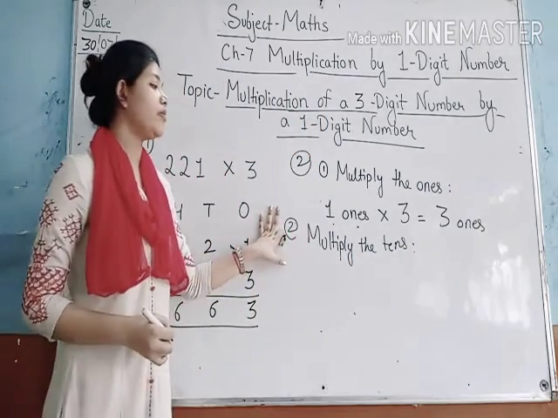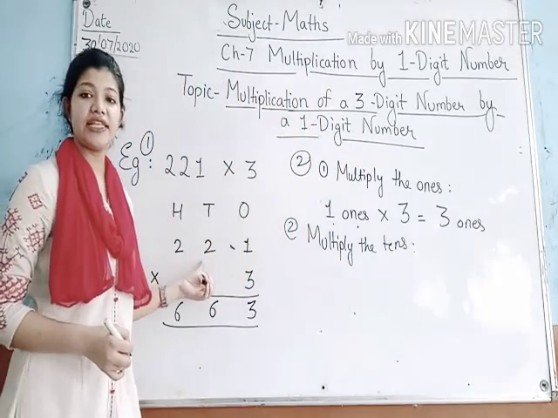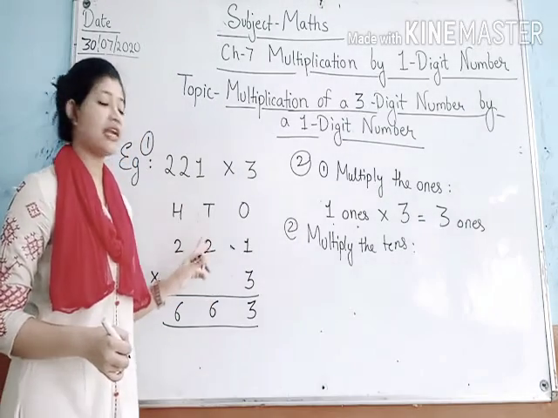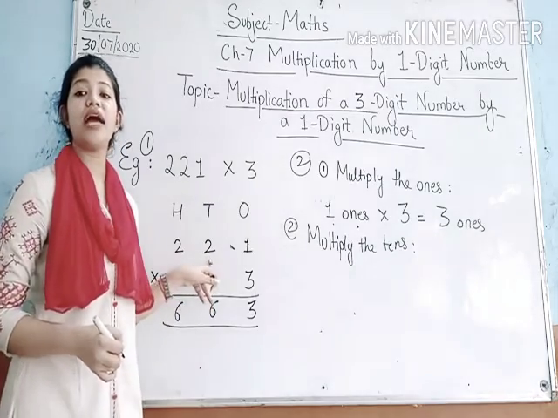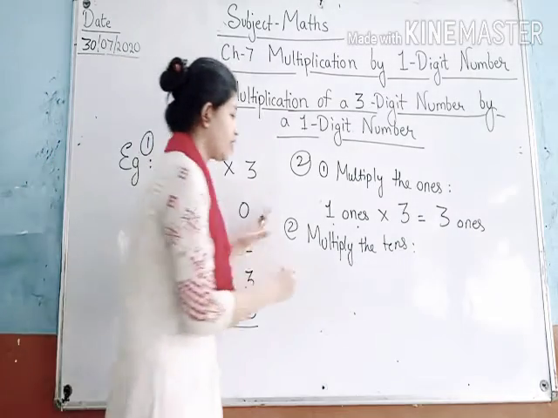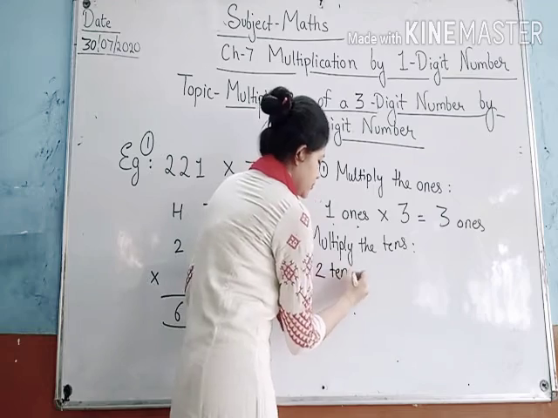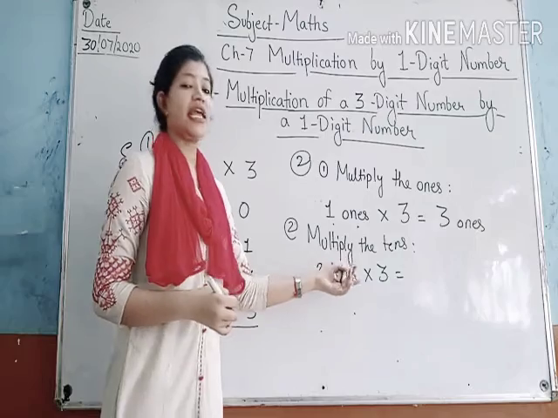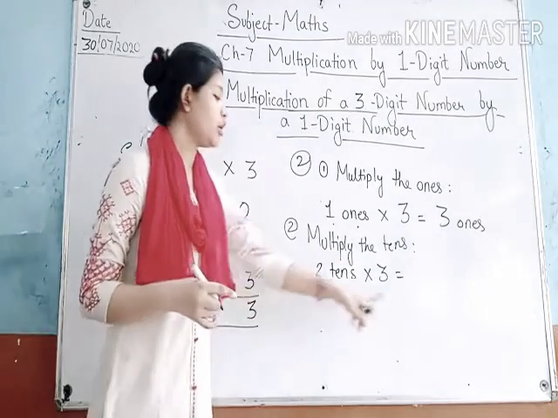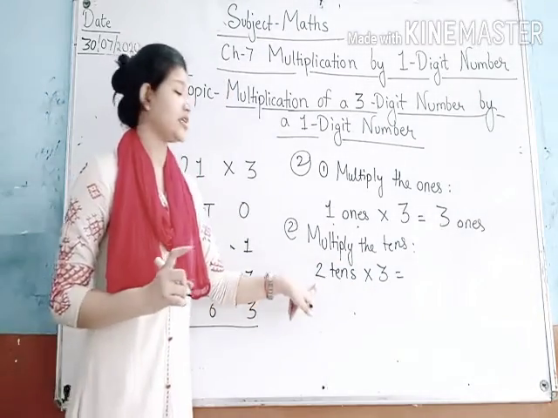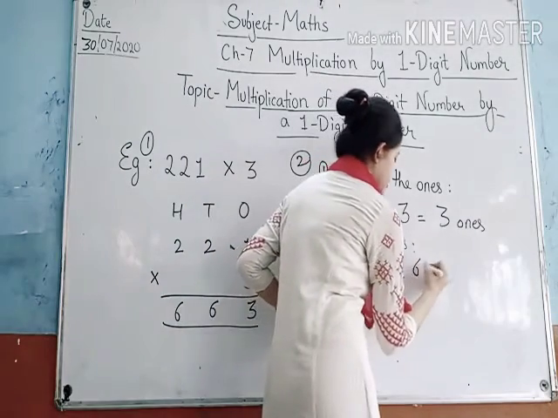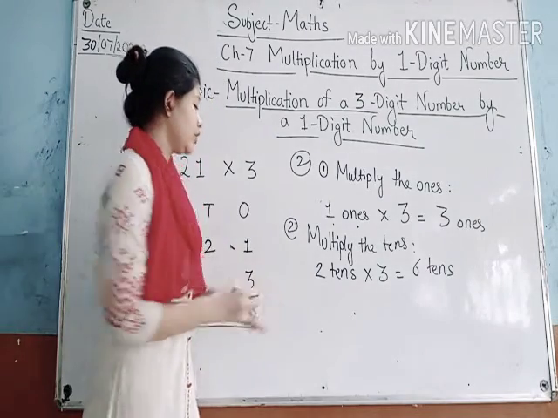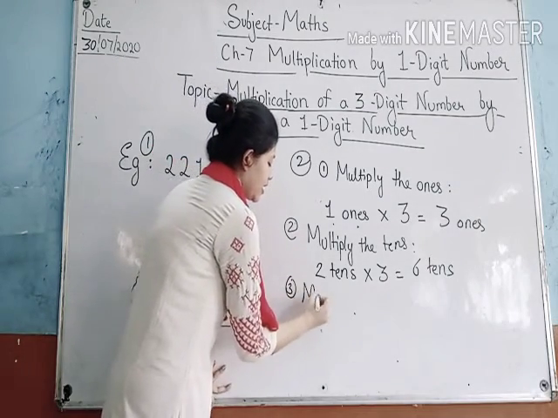Now we will multiply the second factor with the tens. Here 2 is placed at the tens place, so we can read this 2 as 2 tens. So 2 tens into 3 will be equal to, 3 2s are 6, so it will be equal to 6 tens. Clear? Now the next step is to multiply